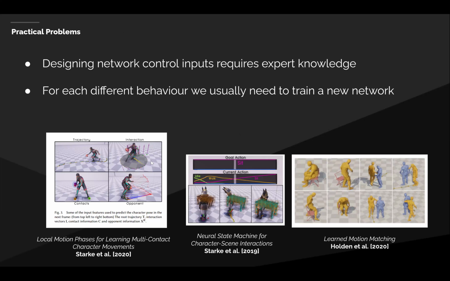So here's an example from a paper where a character is trained to basically play basketball. And we can see all the different kinds of feature engineering that needs to go into this. So we need to give a trajectory. We need to give maybe the relative positions of some of the bones of the other character, maybe the ball, its positioning, its velocity, these sorts of things, contacts. Here we have a character that can interact with props. And here we're giving a voxelization of the scene.